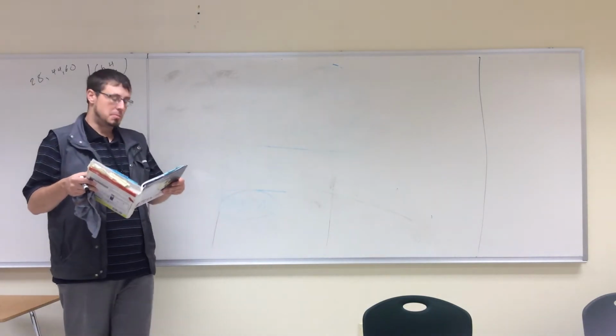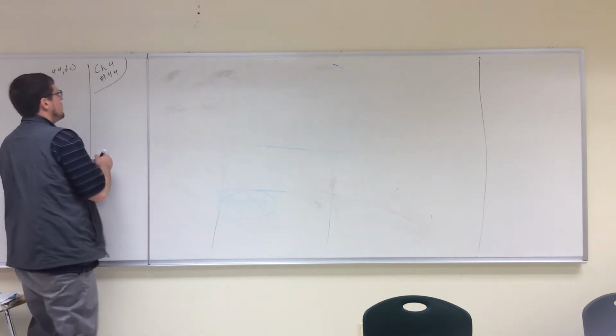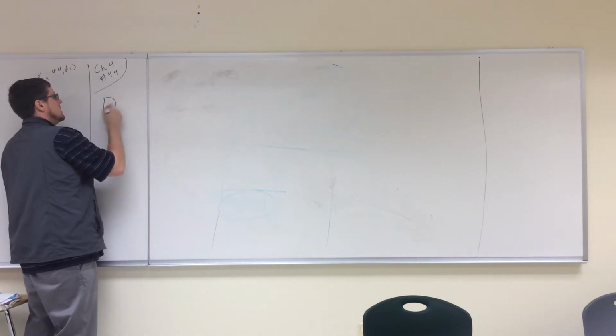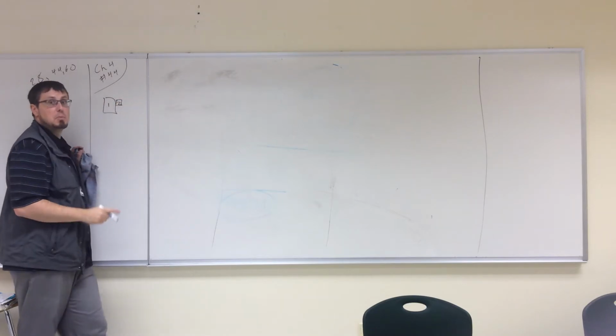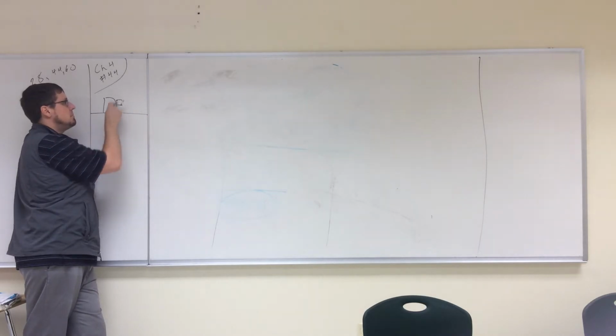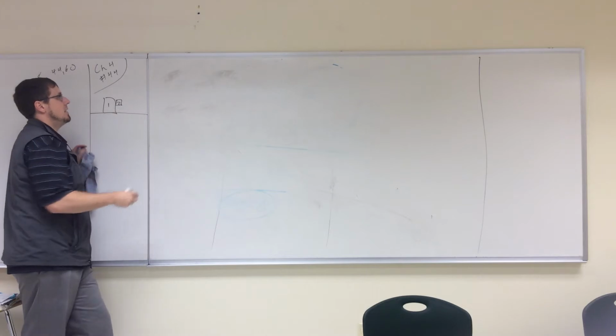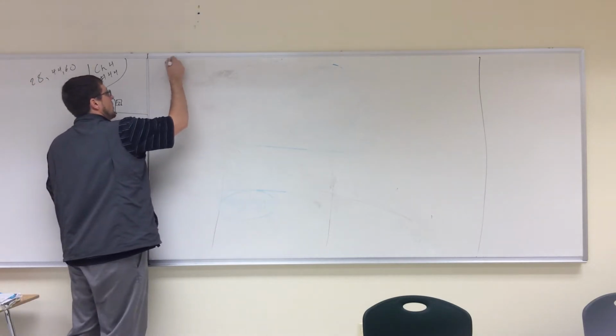I'm going to go ahead and start by drawing a picture and a free body diagram for both blocks. So here's the big block, which I'm going to label block 1, and the small block, which I'm going to label block 2. Here's a frictionless surface. So there's no friction here, but there is friction as this block 2 is trying to slide down. So my free body diagram for block 1